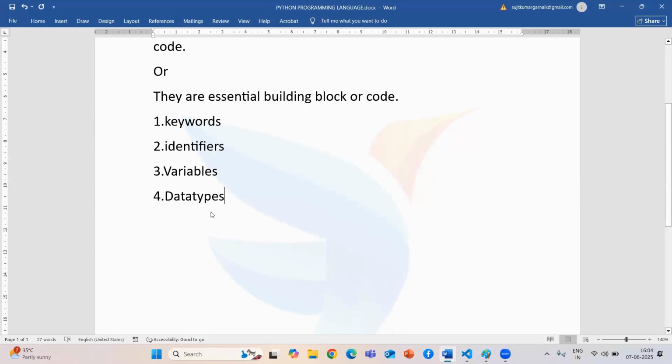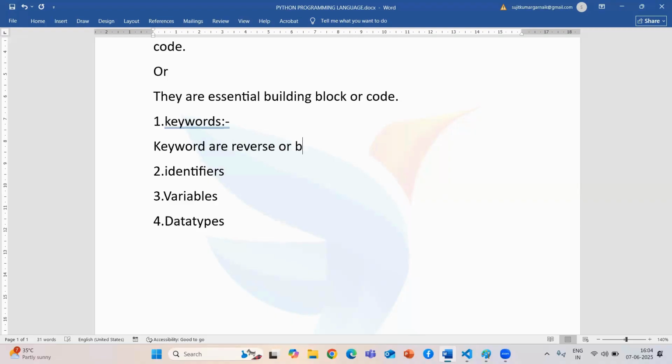First we are going to see what is a keyword. Keywords are Python reserved words, or we can say built-in words for Python. Built-in words, or keywords, have special functionality, meaning we cannot change each and every keyword's functionality. So keywords are